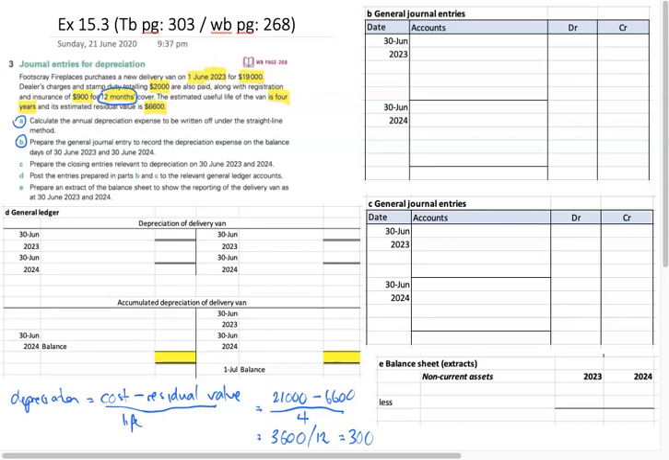So what are our details going to be? In our accounts on 30 June, we are going to have depreciation of van, because it is a delivery. You could also do a delivery van. And then you're also going to have your credit of accumulated depreciation of delivery van. And we're going to do this also for the 30 June 2024 because it's the same entry,